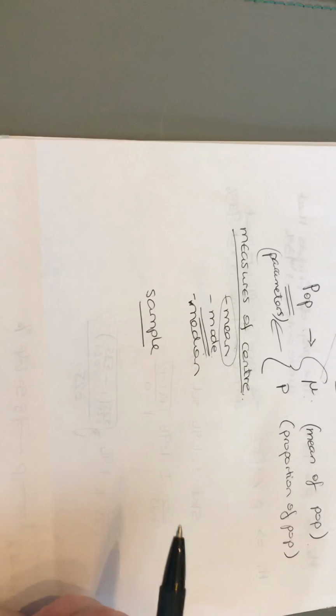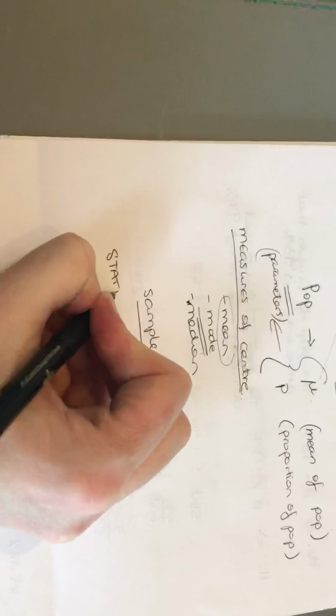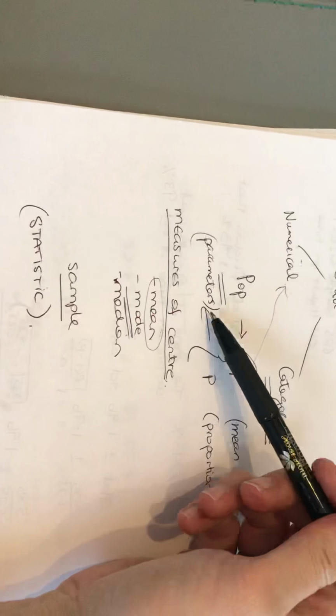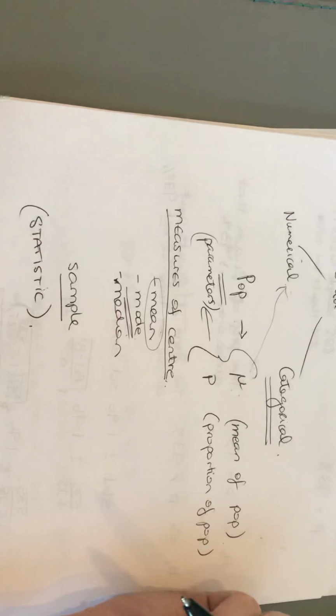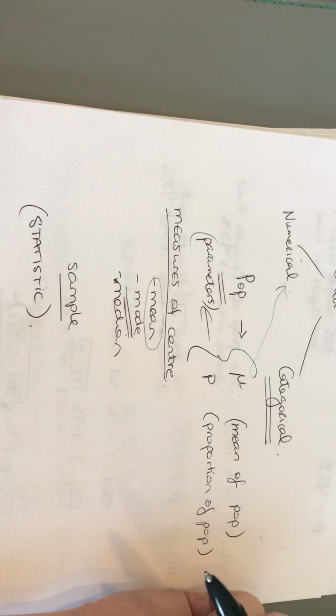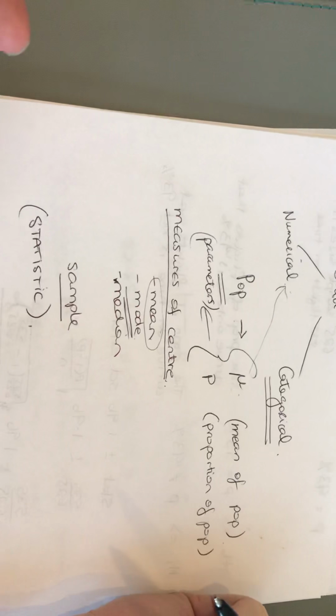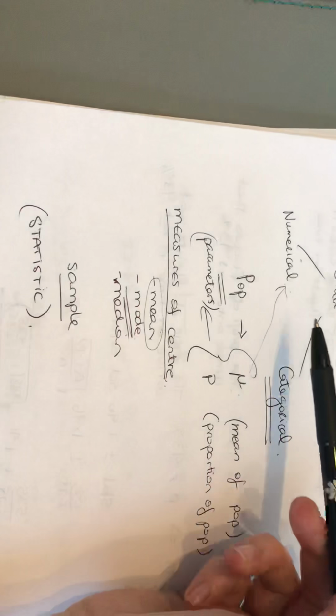So we have the option of surveying the whole population, or we survey a sample. If we surveyed a sample, we'll get what's called a statistic. Now you're used to that word. You're not used to the word parameter. And the reason that you're not used to this word is because we rarely survey the whole population. You know, we do a census maybe every however many years, but it's rare that we have the time, the resources, and maybe just even the patience to survey the whole population.